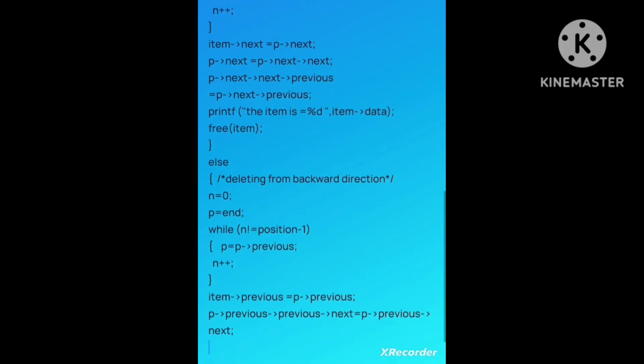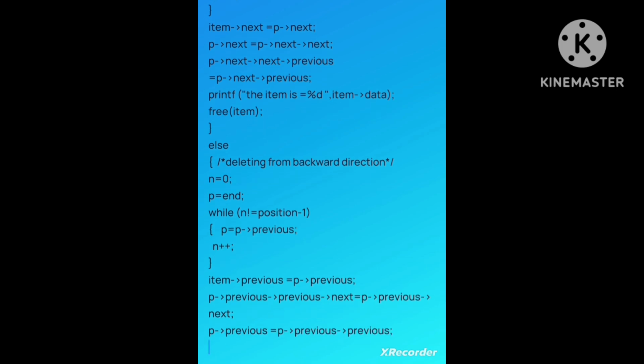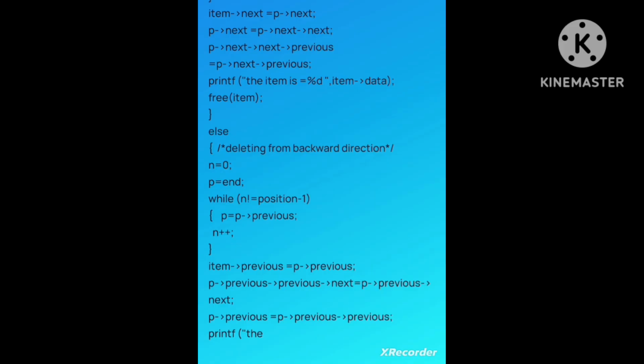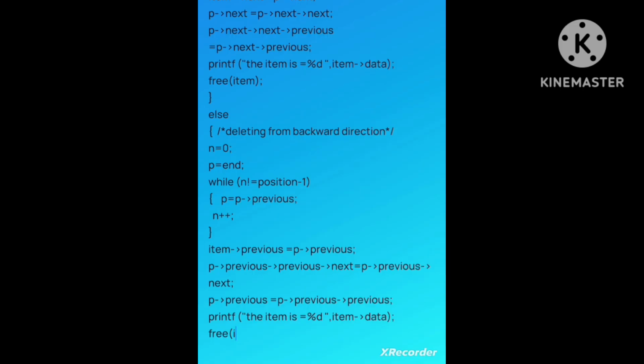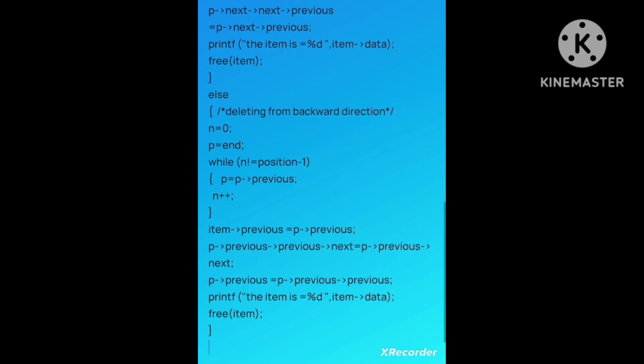So in this way, deletion operation is performed in both directions in doubly linked list. So we can call it repeatedly until some terminating condition for the list or nodes to be deleted is satisfied. So in this way, our coding part will work for deletion operation in doubly linked list.